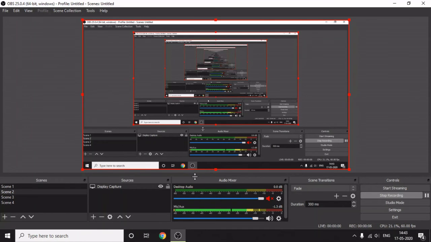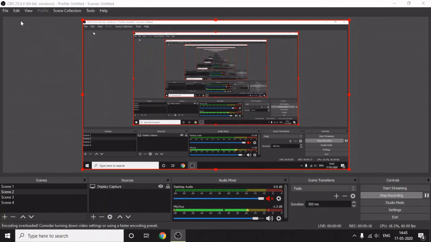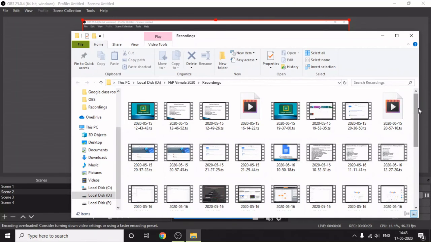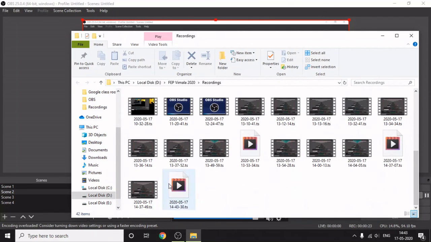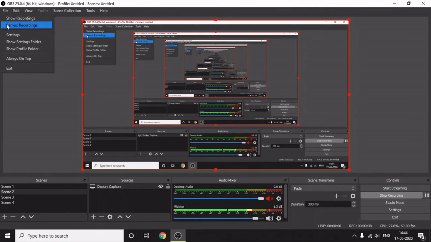Another important thing is all the recordings that we have done will be saved in a different file format, and we can see the recordings by clicking file, show recordings, and all the recordings will appear here. You can see the file is saved as TS, a different file format which cannot be shared. So there is no problem. We can change it by selecting that particular file and remix. There is an option provided by OBS to change our video to